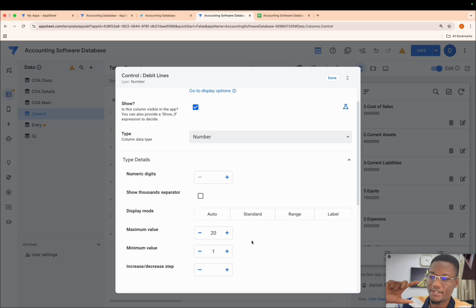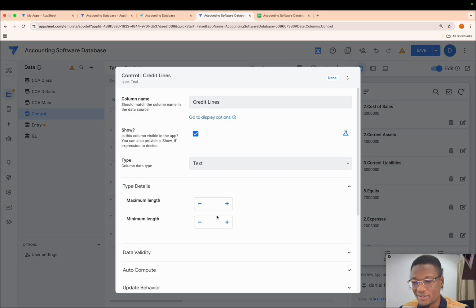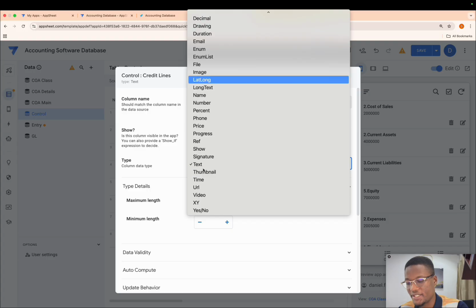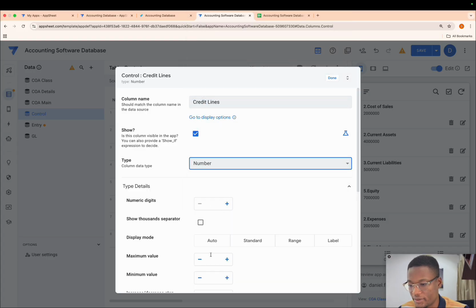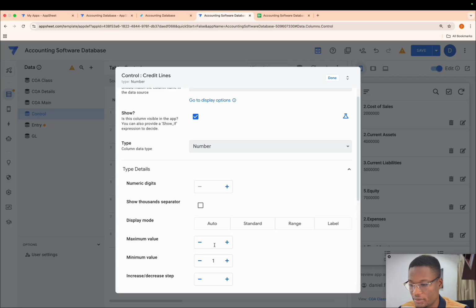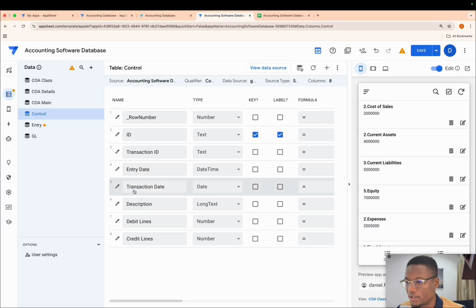So the user can only set between a minimum of 1 debit line and up to 20 debit lines. I highly recommend that you do not go all the way to 20, but there can be some rare cases when a user might need that much. So why not? Minimum 1, maximum 20. So we have this in place, and we're going to click done and see how this looks.